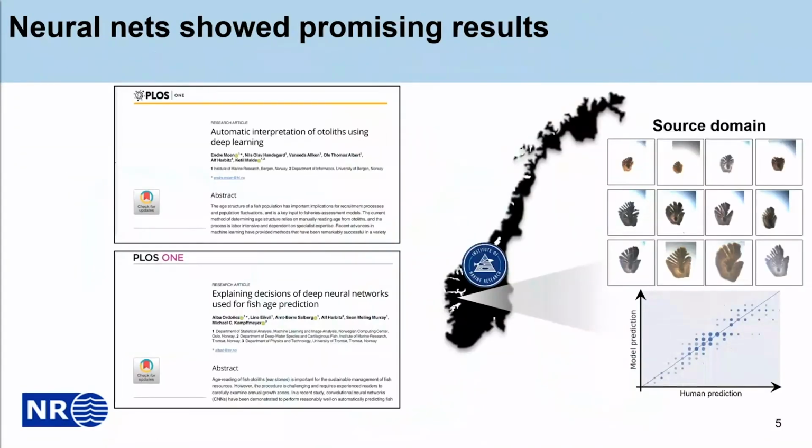So neural networks have been trained on otolith images from the Norwegian Institute of Marine Research, and the obtained results were promising, as published recently in a couple of papers. When looking at the model predictions against the true age predictions, as you can see in the scatter plot presented at the bottom of the slide, we see that the model predictions are not located very far from the main diagonal. You may also wonder why the scatters have different sizes, and this is because they have a radius which is proportional to the probability density of the data.